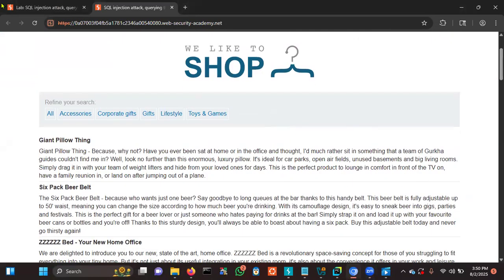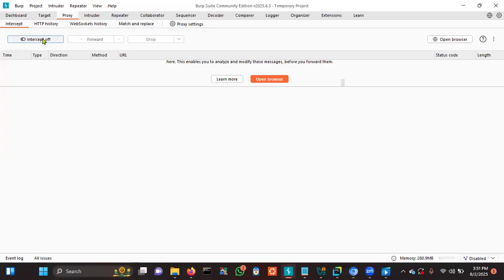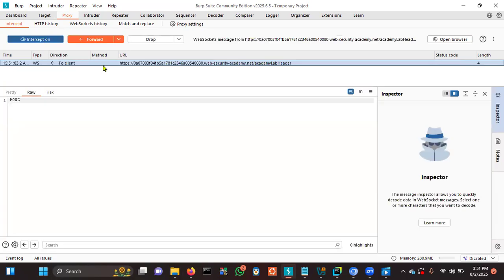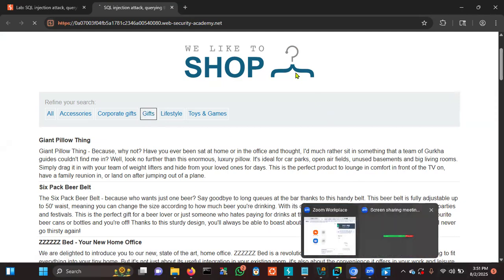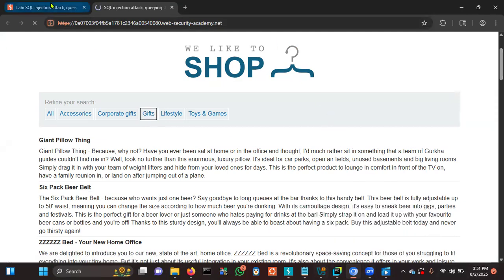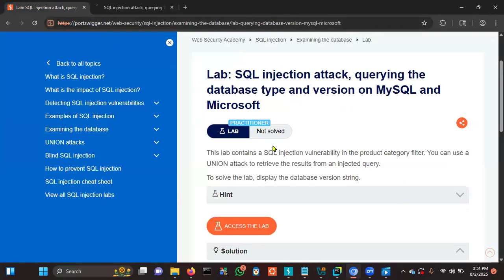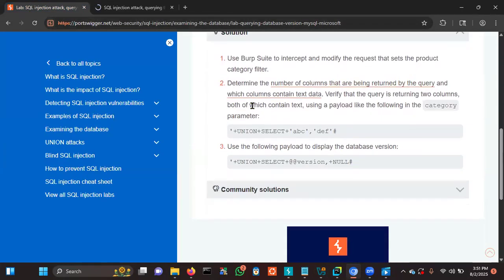Then the next thing we need to do is to go to the Burp Suite, and then we need to switch on the intercept so that we'll be able to intercept. Remember, we are intercepting. Then we can choose the filter categories. We can say, for example, gift. And then we can go back here. If we come back here into the lab, you see that we want to determine the number